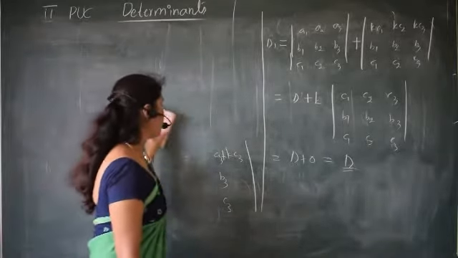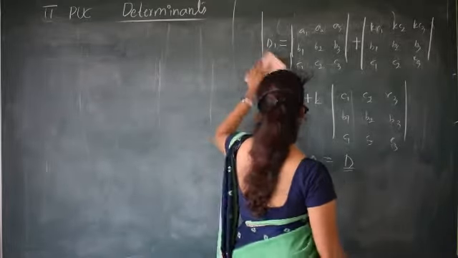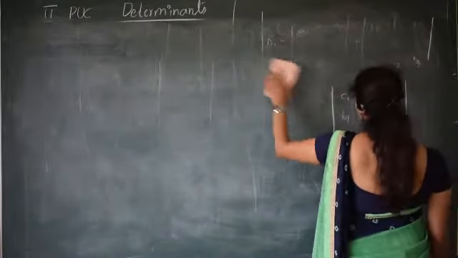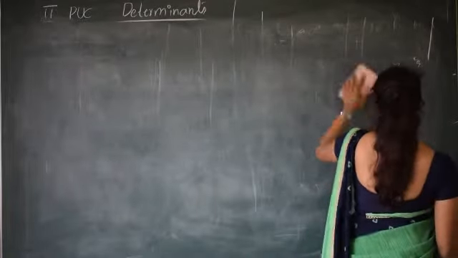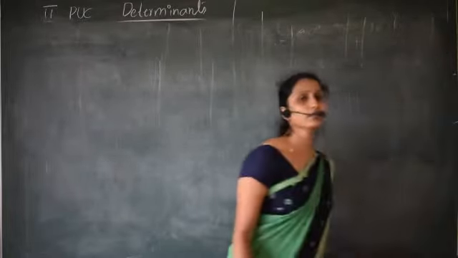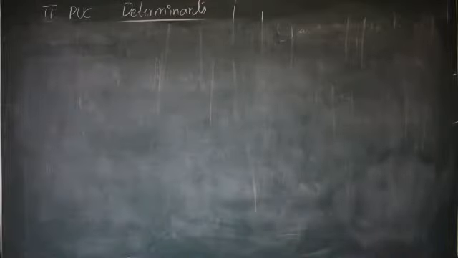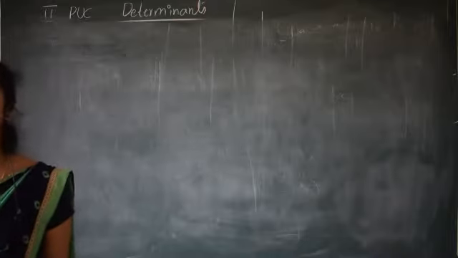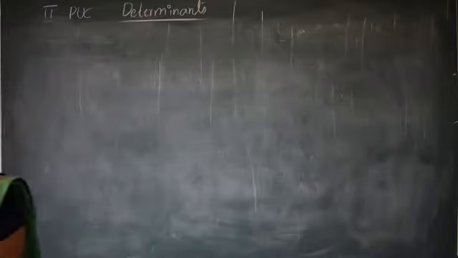One more thing you may think: if in the exam it is asked to find the determinant value, directly also I can find it. Yes, you can find the determinant directly, but in the question itself they'll mention: by using the properties of determinants, simplify the given determinant. That will be asked in the question. By using properties and without expanding, you have to find the determinant. I'll give one example, then you will come to know.